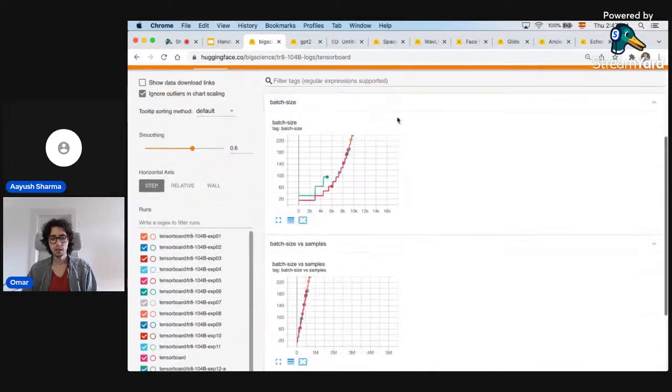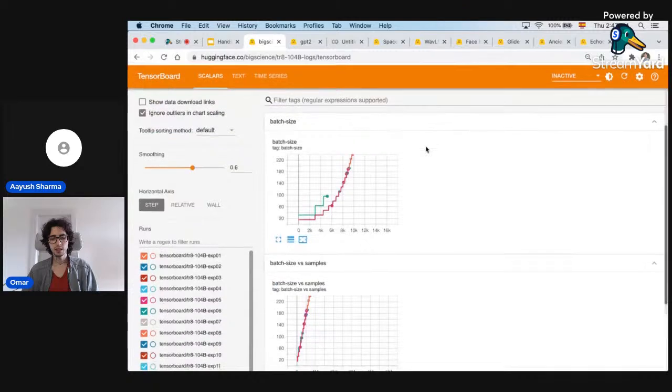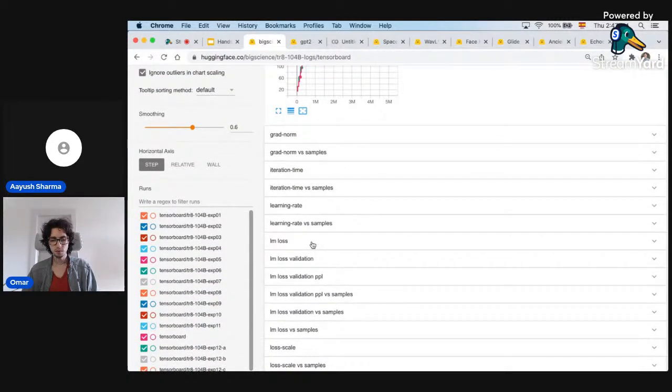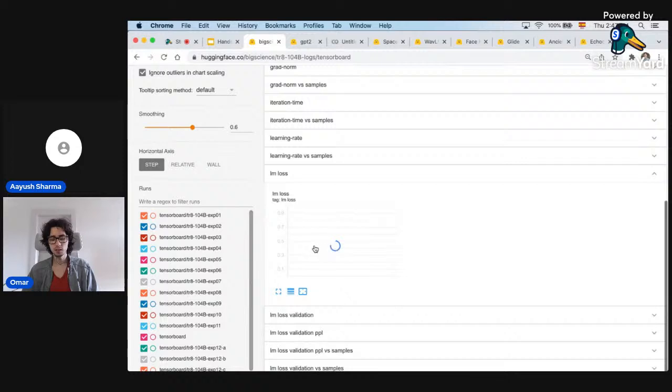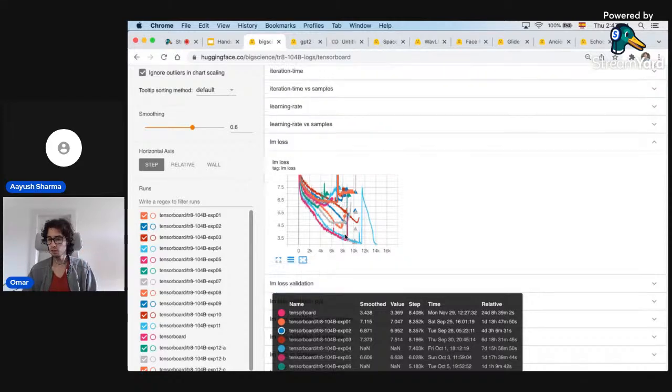So for example, when people submit Tensorboard logs on Hugging Face, they automatically get this freely hosted Tensorboard instance that gives you things such as the loss. The loss is interesting, so you can see how the loss of the model was decreasing, which is usually the goal during the training of these models.